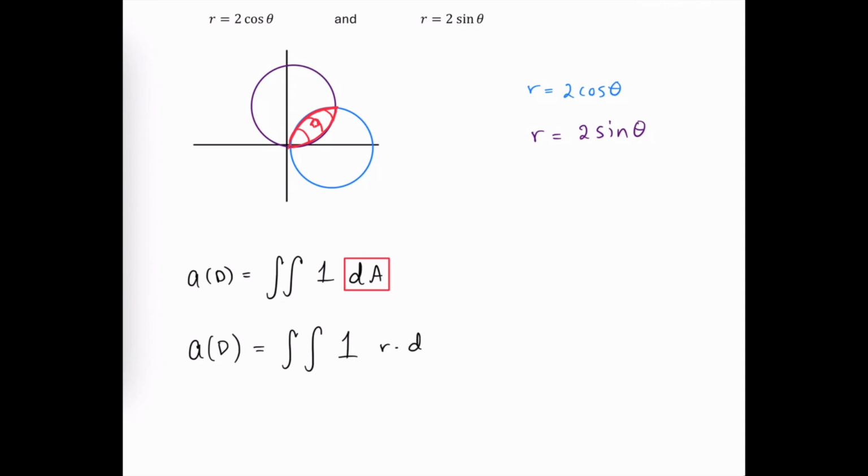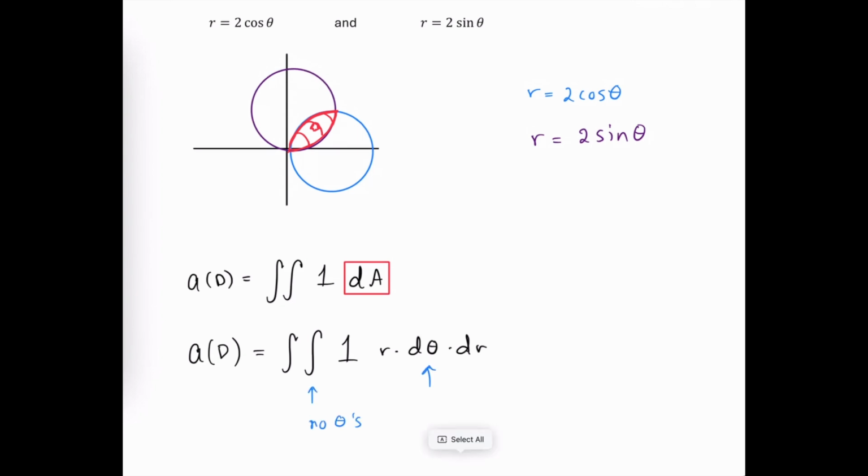So let's see, we have r dθ dr, and if we integrate with respect to theta, we cannot have the value theta in the limits. So our lower limit hits this purple curve, which is r = 2 sin θ. We can't use 2 sin θ. We have to solve for theta in terms of r, which is going to be inverse sine of r over 2. So now I'm looking at an inverse sine function in the limit of integration. And similarly, the upper limit is going to be on the blue circle, or r = 2 cos θ. So we'd need to solve that one for theta in terms of r also, which gives us